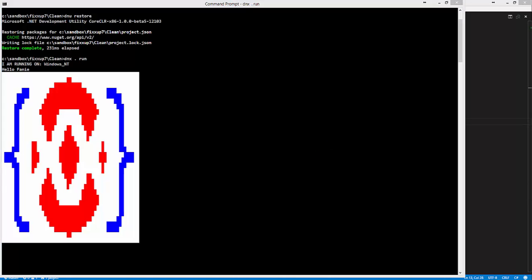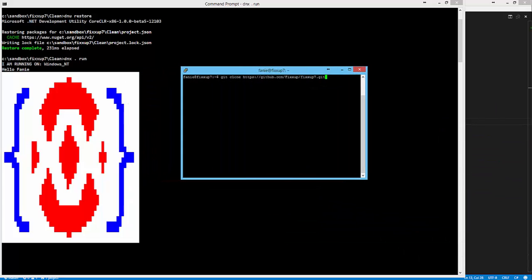So let's get this running on Linux. I've got a PuTTY window open, and I have a copy of this code on GitHub. There's the URL if you want to go check it out. I'm just going to clone that into my folder. Now this PuTTY window is running on an Ubuntu 15 machine. So I'm going to cd into that and show you what I have there. I've got a greeter, I've got a program, I've got a project.json.